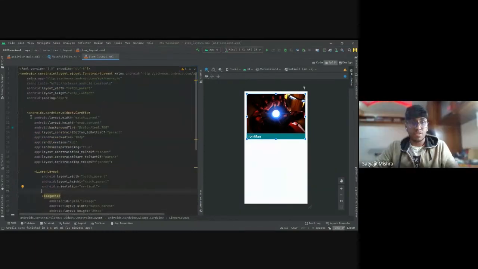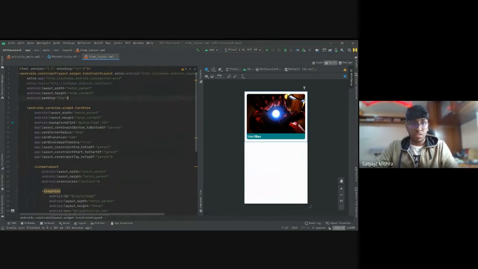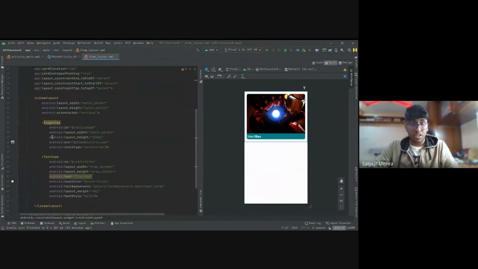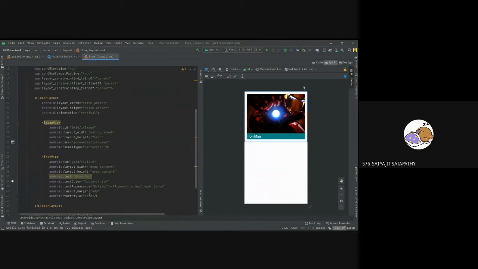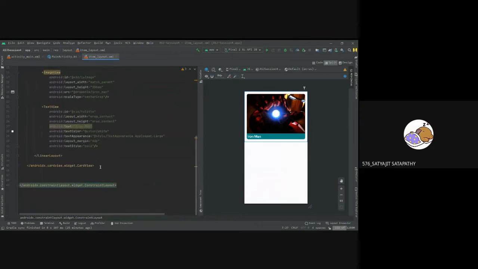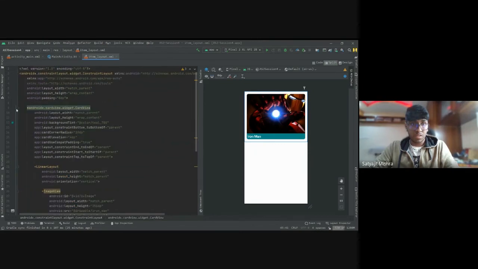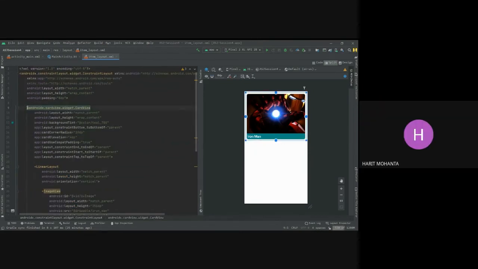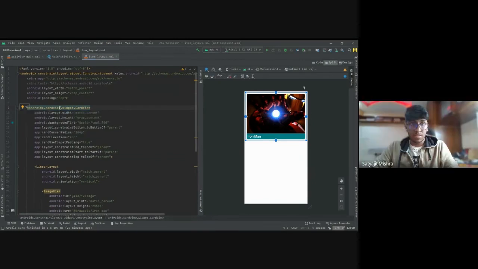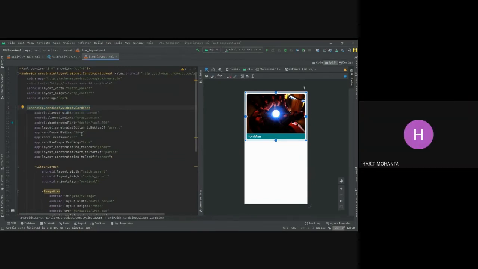Should I just paste this code for some people, like if you're not able to understand or see the code properly? Yeah, paste it in the chat box. It will be good. Sweet. So I'll put the